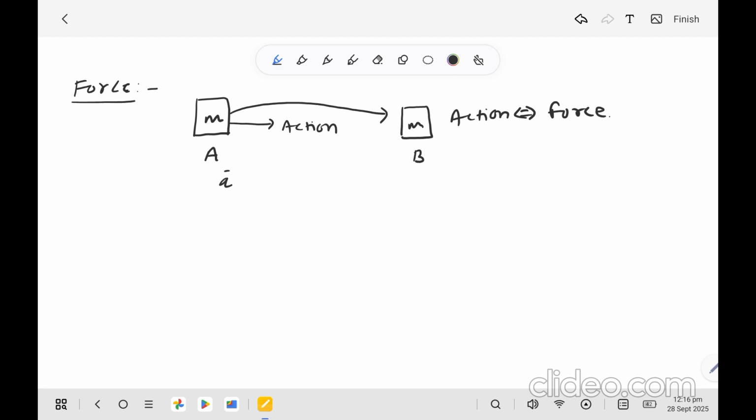So if the body gains an acceleration of amount a due to this action, then we can define this action or the force acting on the body